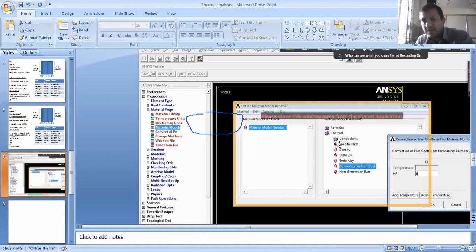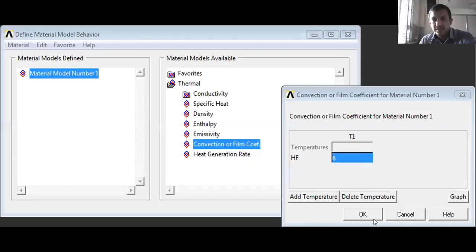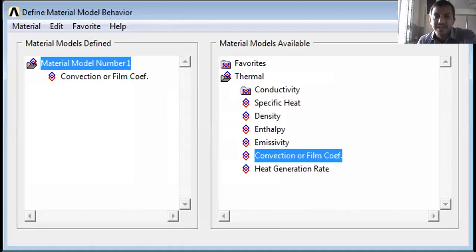In material model number 1, double click the thermal. You get the thermal property. In that, go for convection or film coefficient. How much is that here? 6. Then give okay. Then give okay. The first material has been created.